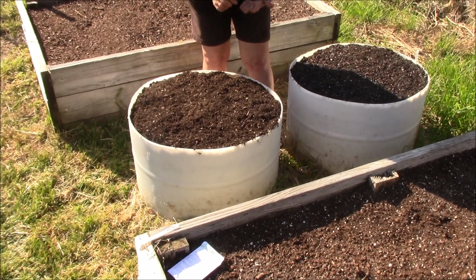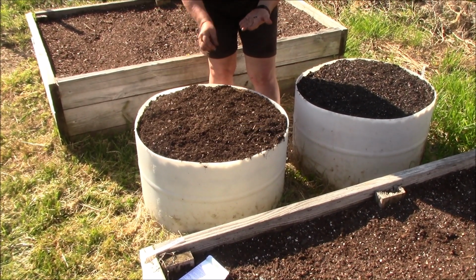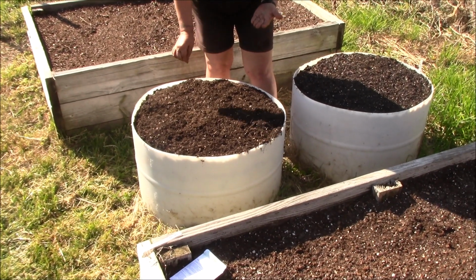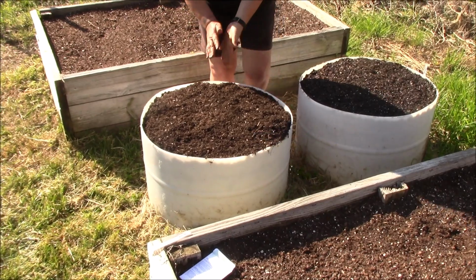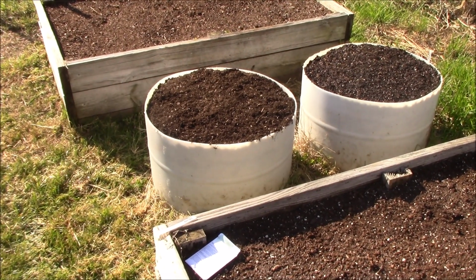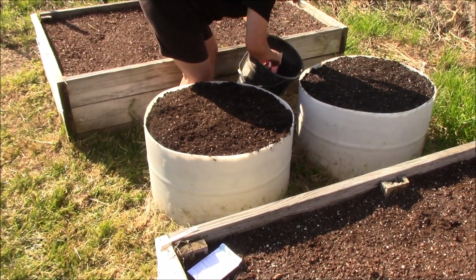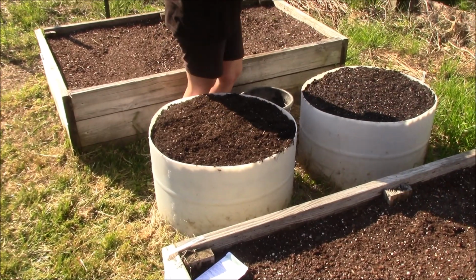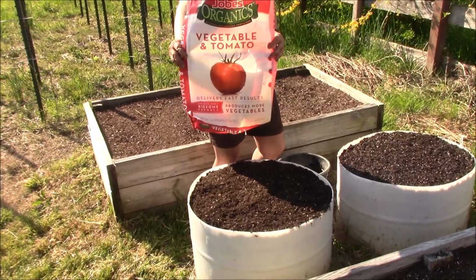But we want to get this garden in by September, so we're going to go ahead and do it this way now. Any of the onions should have probably already been in the ground. We're a little behind, but we'll catch up quick. Need some fertilizer. Yeah. And we talked a little bit in the other video about